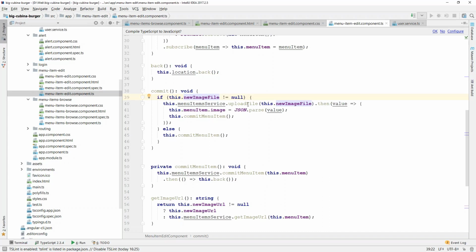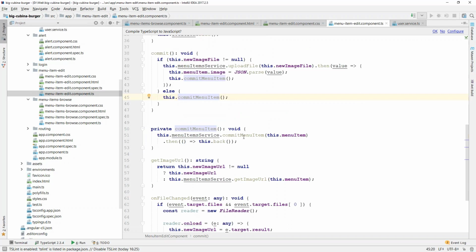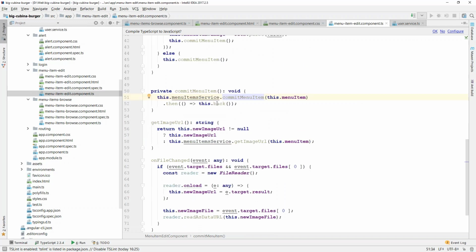And after this method successfully completes, we can take the created file descriptor entity, set it to the menu item, and then commit menu item. Or if there is no new image file, we just commit menu item by invoking commit menu item method from menu item service. And then we return to the previous page.